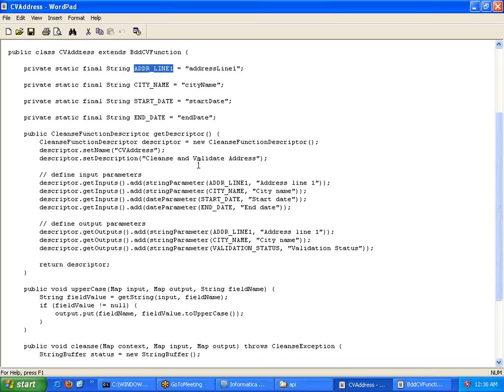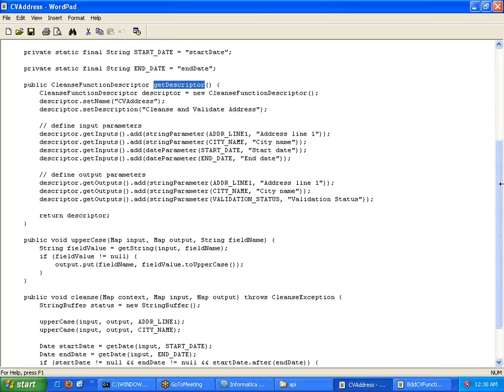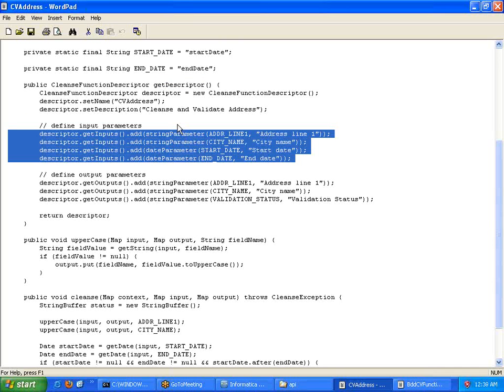Now let us get into the actual functionality. In the get descriptor method, we have to read the input ports or input parameters from the user. Remember, as we discussed earlier, every function would require what? Input ports and output ports, right?